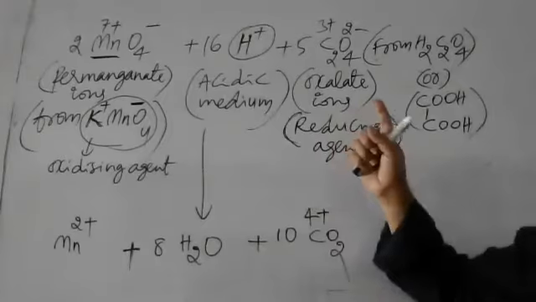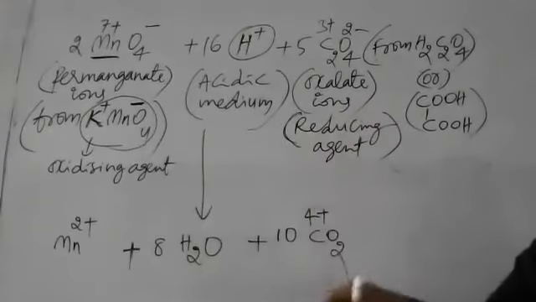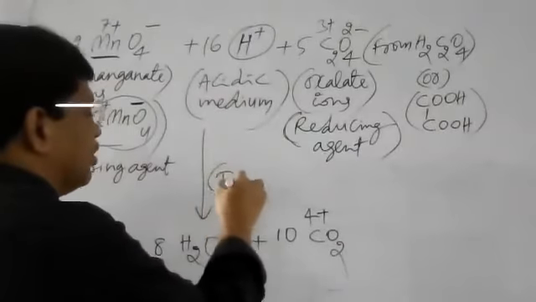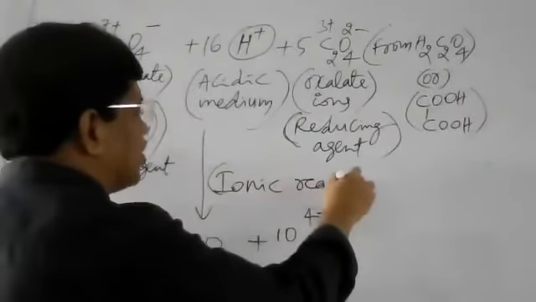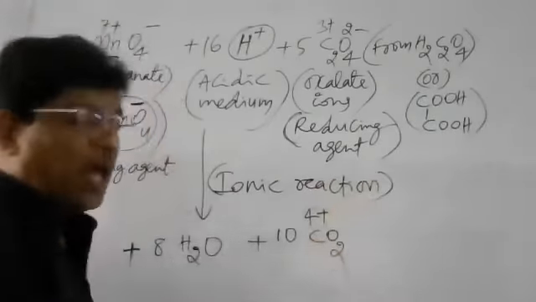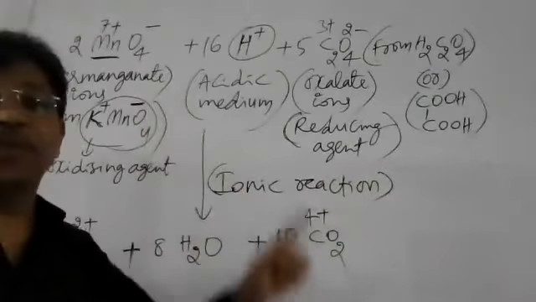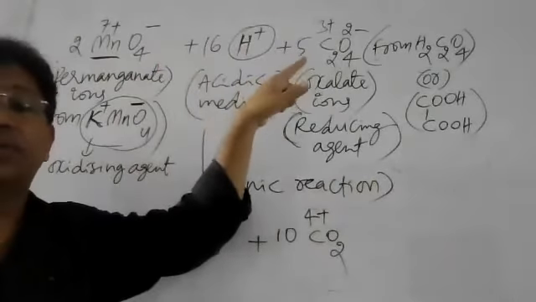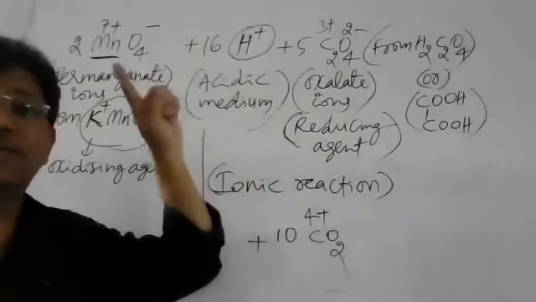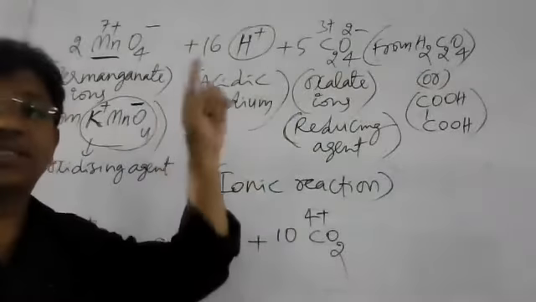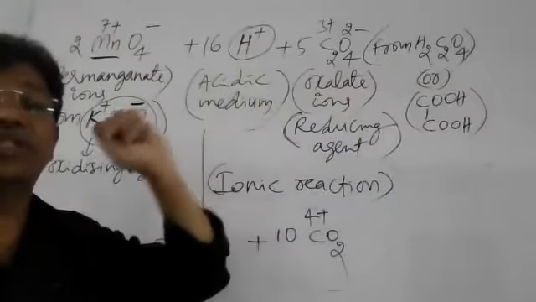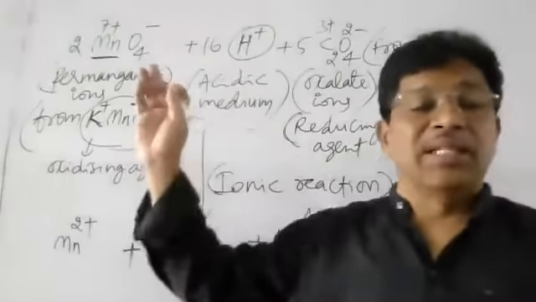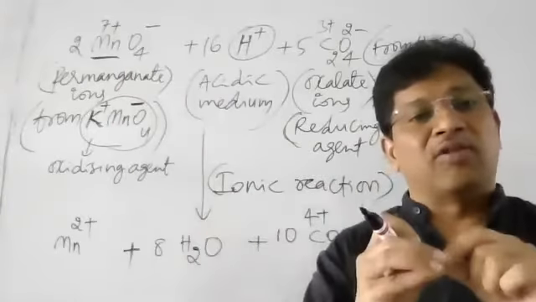Now tell me, from this balanced equation, this balanced ionic reaction, this is an example of what? An ionic reaction, remember, because ions are involved here. In this ionic reaction, how many species of reactants in total? 5 C2O4, 16 H plus, 2 MnO4 minus. Now 2 plus 16, 18, 18 plus 5, 23. From the balanced equation, 23 reacting particles are colliding with each other.